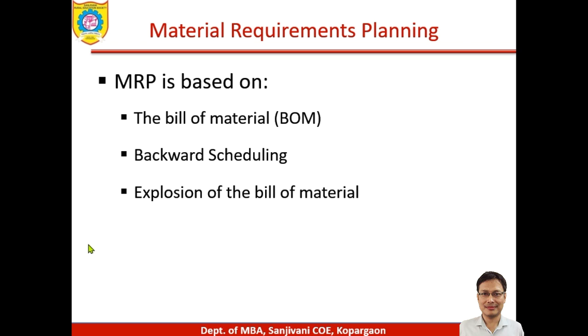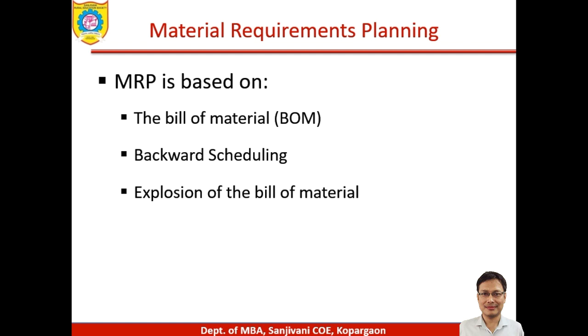The MRP is based on these three points. For planning the MRP successfully, we need to adhere to these 3 points. The first point is we need to have a bill of material, which we get by breaking down the finished product into its assemblies and sub-assemblies. In short, the bill of material is a kind of list of the components and parts of